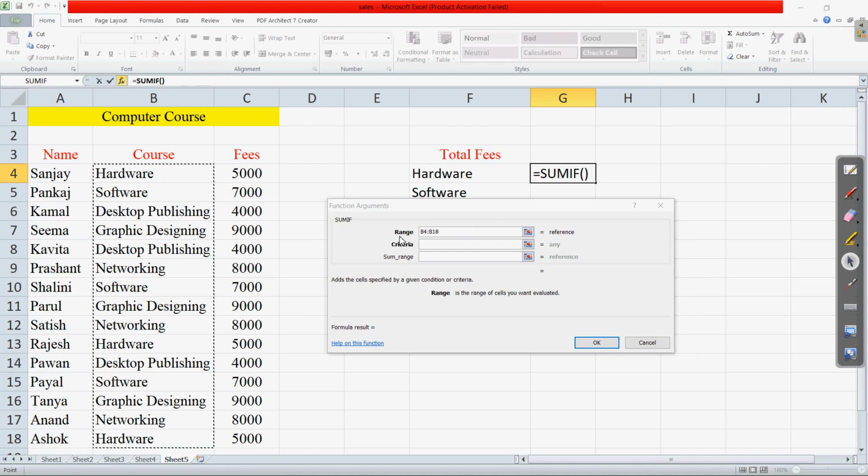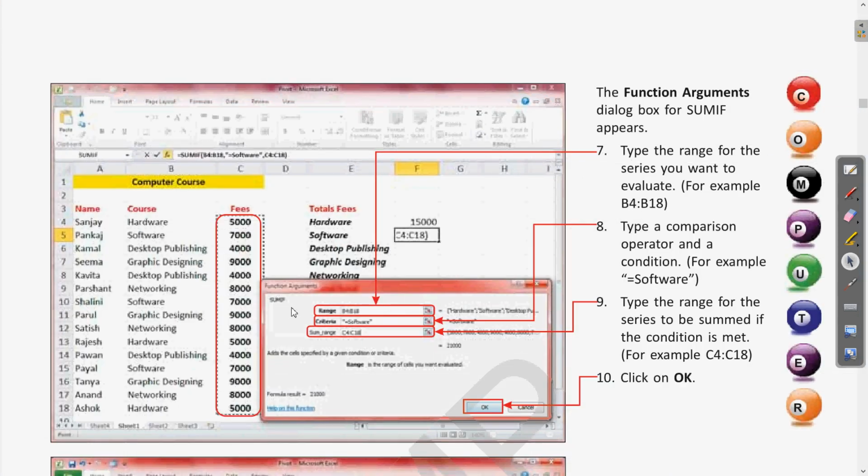Why are we choosing the range? Because we are applying a criteria, and this criteria will be applied in this column, that is the course. Okay, now let us see how to apply the criteria. Step number 8. Type a comparison operator and a condition, for example equal to software.